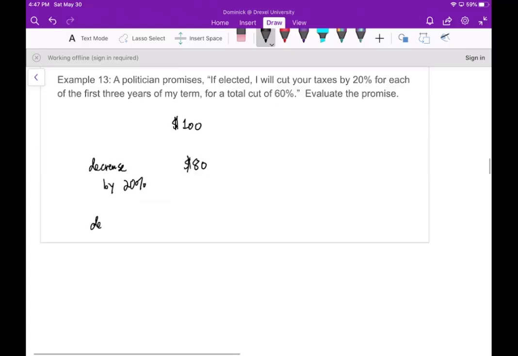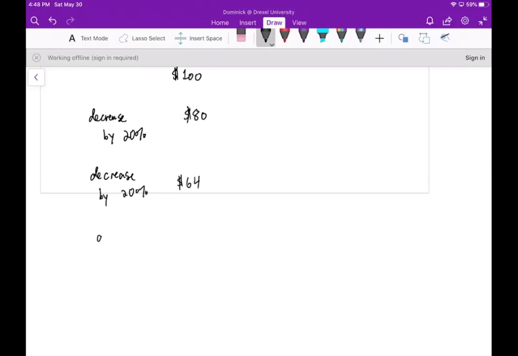Now, if you decrease by another 20%, this time you're only taking away $16 instead of $20. So now you're only going to be down to $64. Right? And then if you decrease by 20% again, now you're taking away $12.80. So now you're going to be down to 51.20,